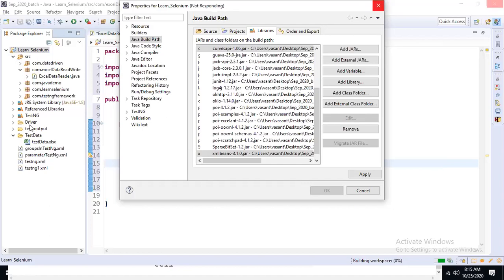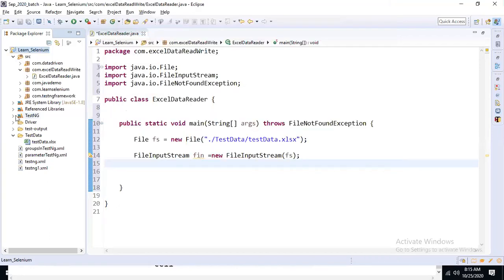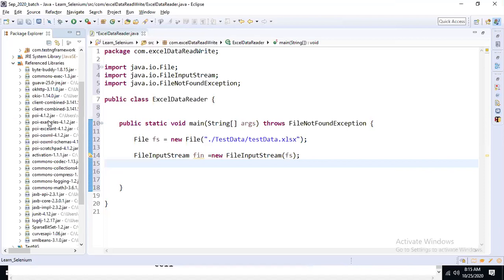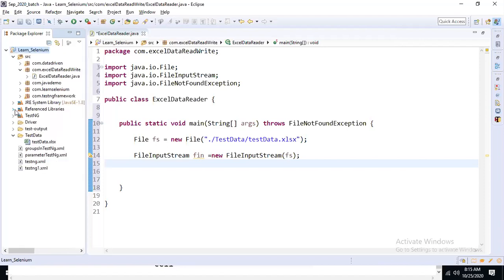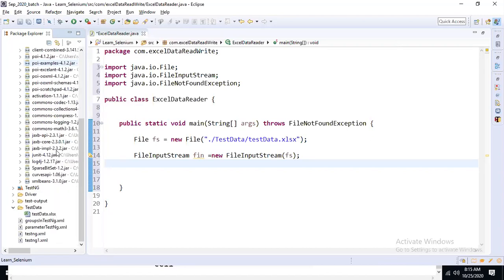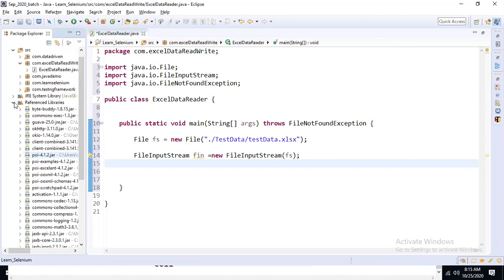Once you have added these jars, all those Apache POI jars will be added in the reference library somewhere. This is the JRE library, the Java library, and this is the reference library. Somewhere in the reference library, you see the POI jars got added.